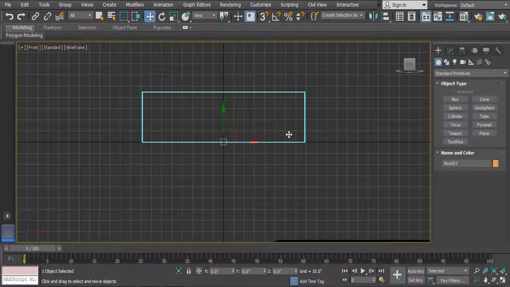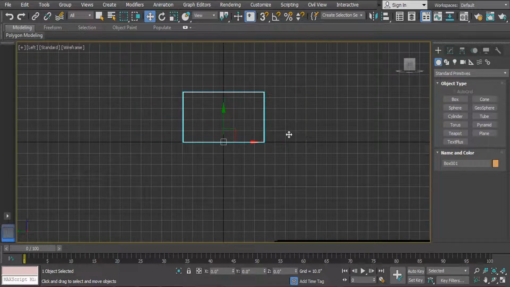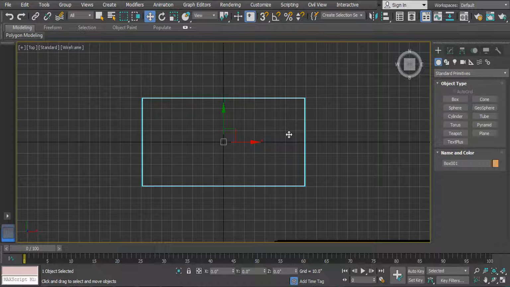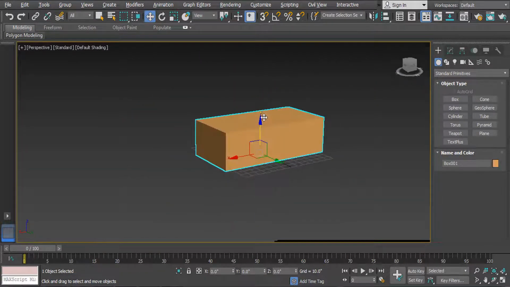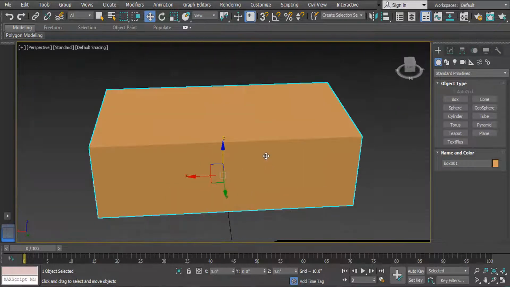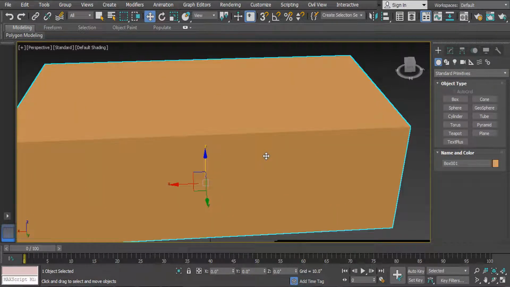Just check on the front view. F is for front view, L is for left view, T is for top view, and P is for perspective view. Okay, in the next tutorial I will explain